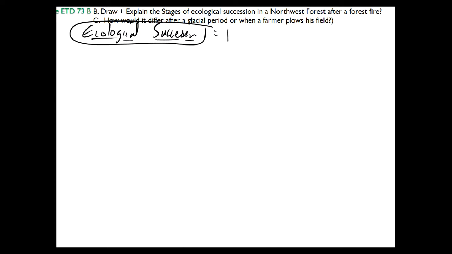If we dig into a small section of that, we can look at an ecosystem, a biome, such as a northwest forest, right? And it faces this thing called ecological succession. And unfortunately, its name kind of tells you what's going on. If we look at this, successive should make you think of steps. Ecological should make you think of all the living populations that are in an area, right? In that community. So if we look at this, this is a predictable